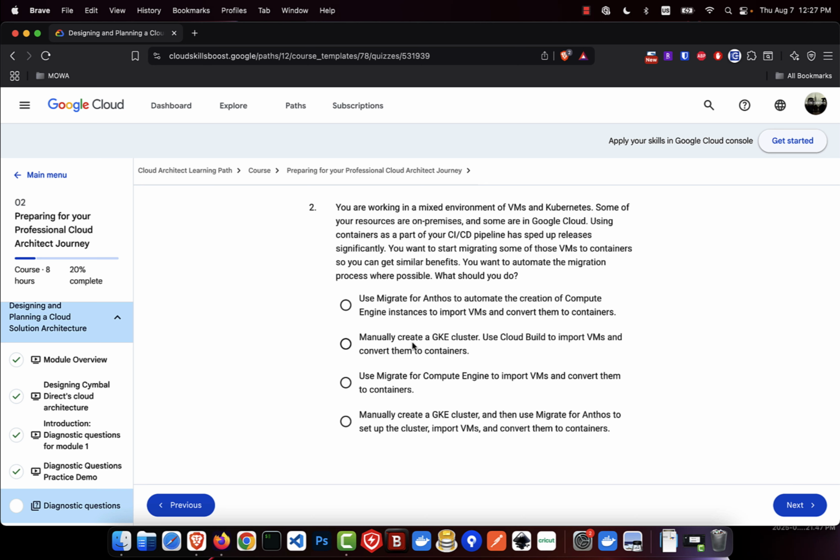So we eliminate these two. Then use migrate to set up cluster import, and then I think I'm going to use